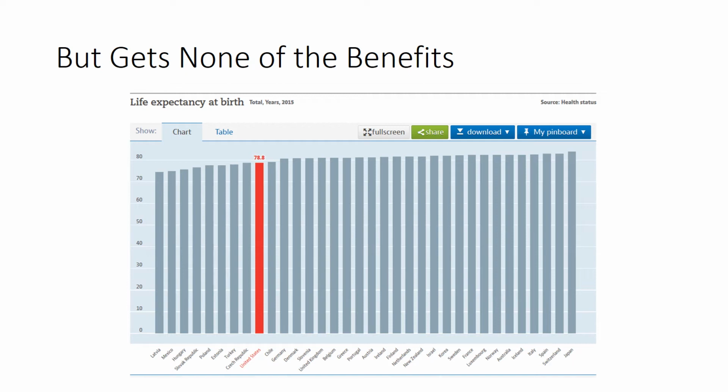Czech Republic, Chile, Turkey, Estonia, these aren't countries which typically hit the radar as being the most developed and taking the best care of their population. On the other side, you have countries like Japan, Switzerland, Spain, where they have life expectancies well over 80 years old. So they're outliving us by 2, 3, 4, 5 years in some instances.